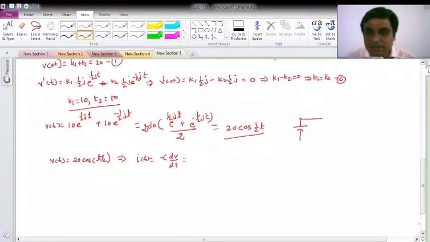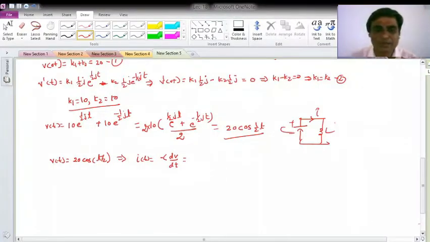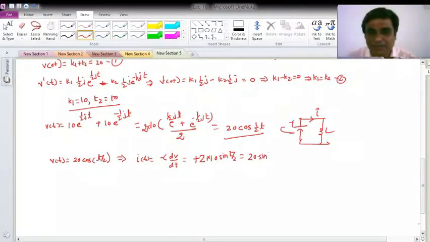It was like this. Current was flowing in this way. Okay. So this will be again C is 2. So this will be C is minus 2 d/dt of this. So cos is minus sine and divided by 1 by 2. So it is again 2 into 10 sine of t by 2, again negative. So this minus sign will become positive. So it will be 20 sine t by 2. Okay. So what I obtained now, voltage across capacitor is 20 cos t by 2 and current through inductor is 20 sin t by 2.